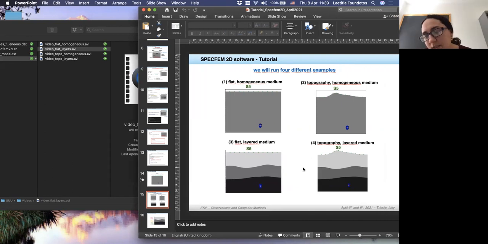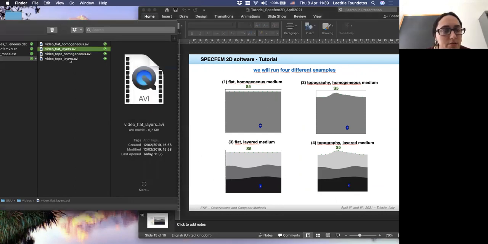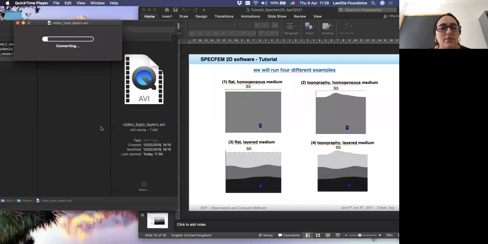So last example, a combination of topographic effect and site effect. So let's see what we obtain. Yes, topography with layers.